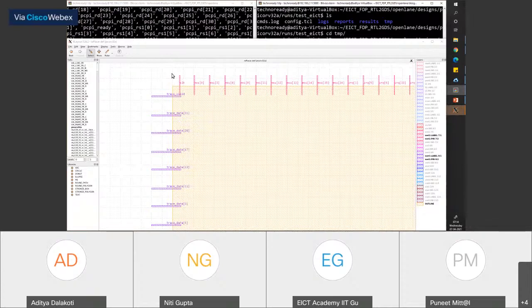Can anyone point out what is the difference from the last time we did it?